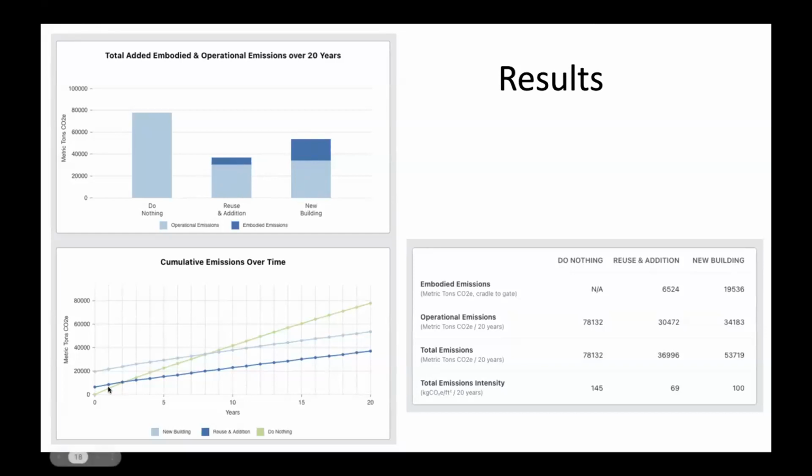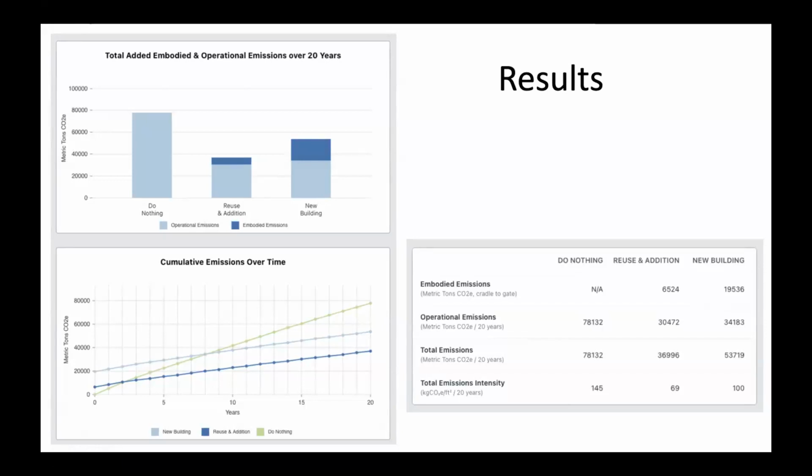You can also look at it over time. So you can see that the green line is the existing building, just keeps on operating. And basically, the reuse and addition becomes better than that after year 2, and then it's better from there on. And the new building isn't better than the existing building, leaving it alone, until you get to about year 8. So it gives you a quick way of looking at not only what's the total emissions you're going to make, but when are you achieving savings over what you had before. So it's really important to start to see how fast the savings are. Some of these ones you'll see eventually the new building will be better than all of them, but it might be 40 years from now if it's more efficient. So that's useful information to have.